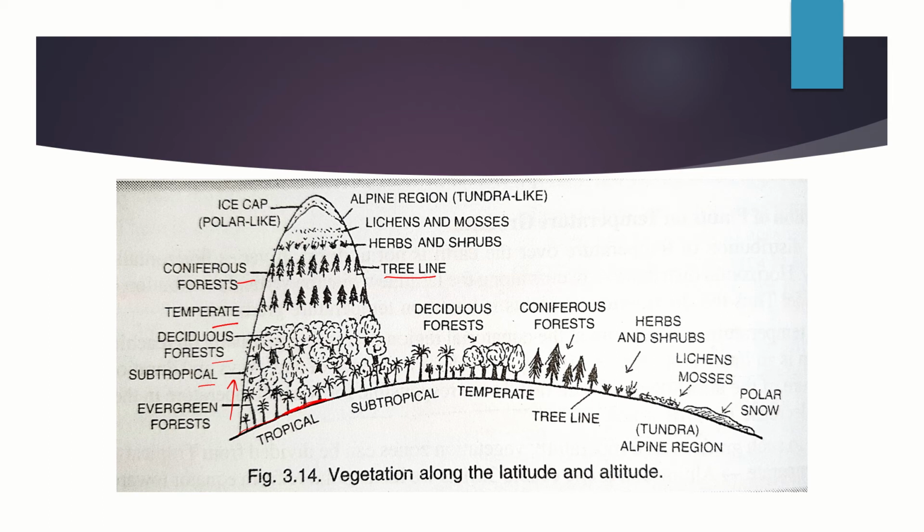Whenever you visit some hilly places, do look at the far-flung hills. You will yourself observe that after a certain line the trees are not visible. That is called the tree line. They are not visible means they are not available beyond that area. We have only herbs, shrubs, lichens, mosses, the small plants beyond that area, because here the temperature is decreasing, and as we approach towards the poles, we have alpine regions which are throughout the year covered with ice and snow. So in these regions we have just small communities like lichens, mosses, herbs, shrubs, etc. That is how along the altitude the temperature is decreasing, and the plant community is changing.